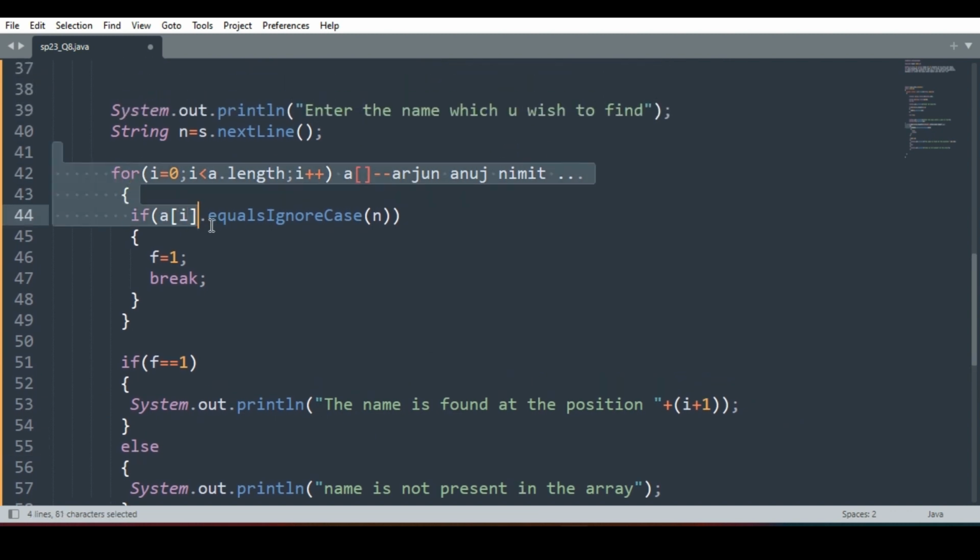What we actually did in the for loop, let's quickly recap. I just compared A of I. A of I means I am comparing Arjun, Anuj, Namit, Nimit. Then let us write one more name, Ankit, Arun. These names we are comparing with whom? With n. What is n? Which user wants to find. User wants to search. So if A of I dot equalsIgnoreCase n, if it is found,